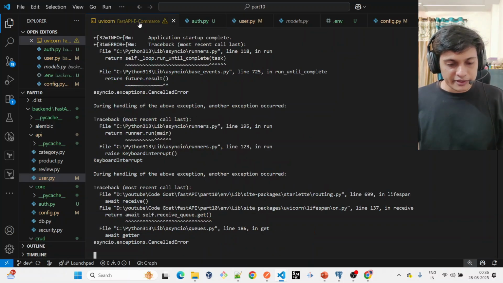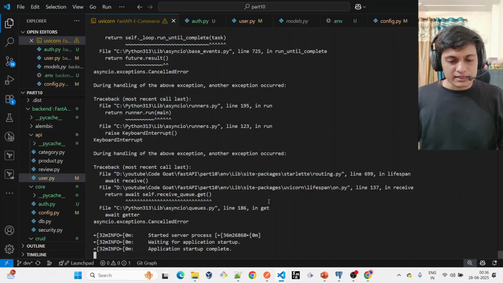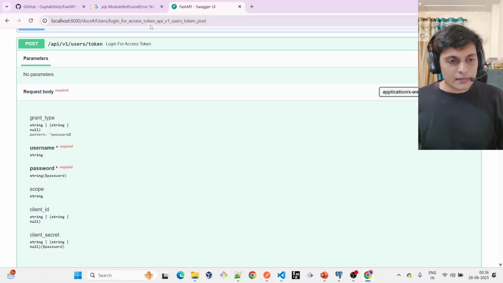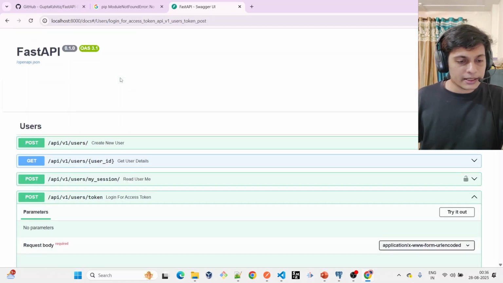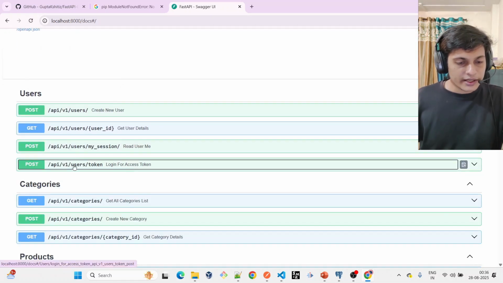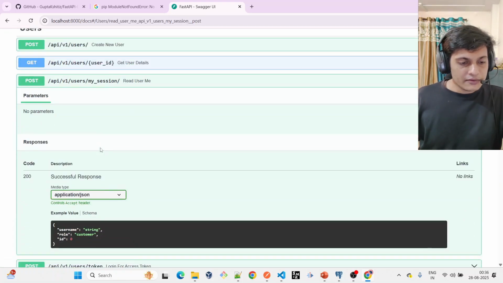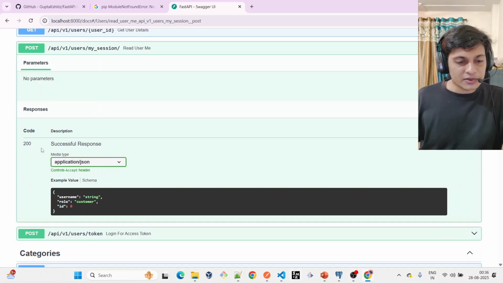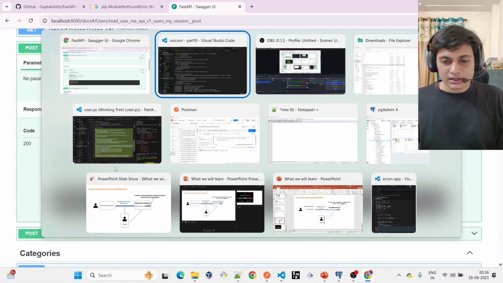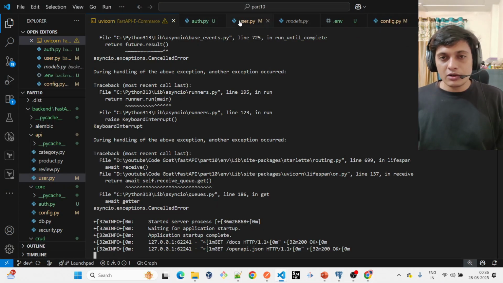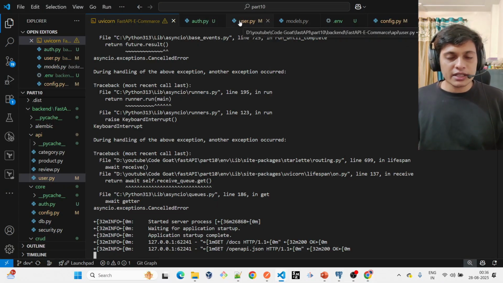Let's see whether our framework is running or not. Okay, our services are running. We'll just refresh the page to see whether this API is reflected. Okay, so I have this API my session, and how it will work, it will simply return me the response 200, and the value of the username, role, and ID. But I need to pass the token here, because if I go back to my code, to authenticate that particular user,